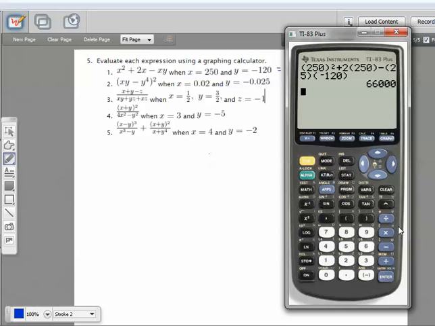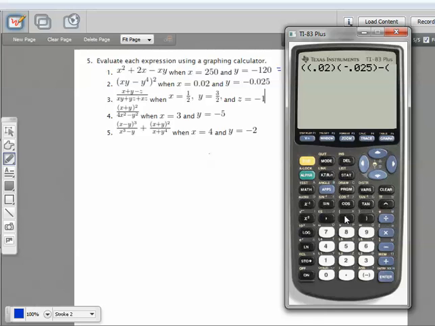Right, let's bring back up my calculator. Let's clear it out and look at number 2. Again, parentheses are very important, so I'm going to start out with what I have. I'm going to put in another parentheses before I substitute in my x, so that's going to be a 0.02. Another parentheses for the y, which is a negative 0.025,